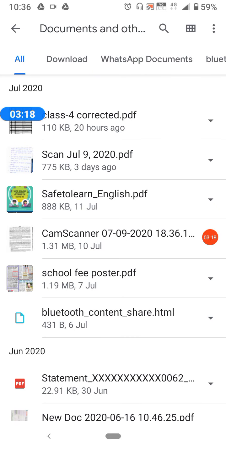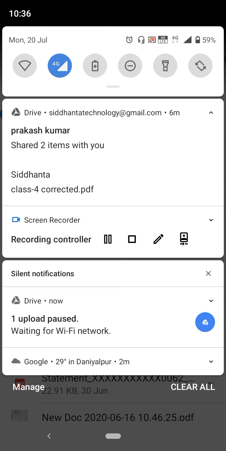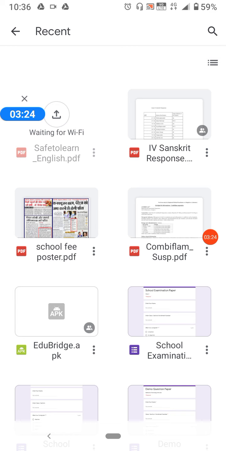In some mobiles, you see it is paused here because I have made a setting so that only Wi-Fi can upload. So I will press it again, and it will start uploading. It will take a minute or two to upload.